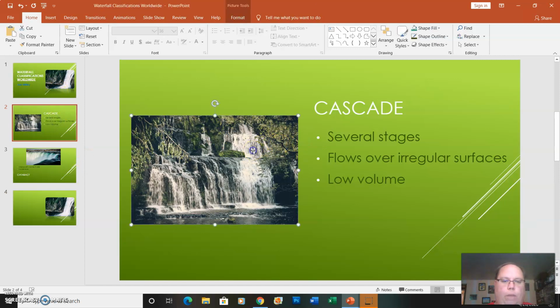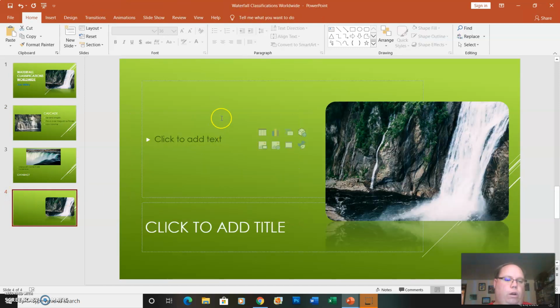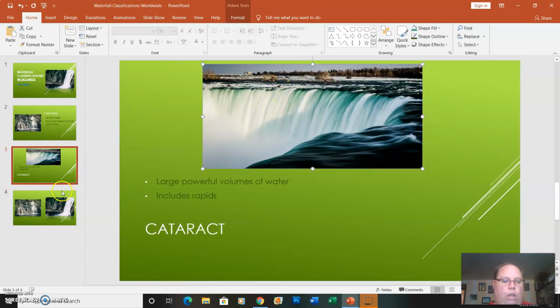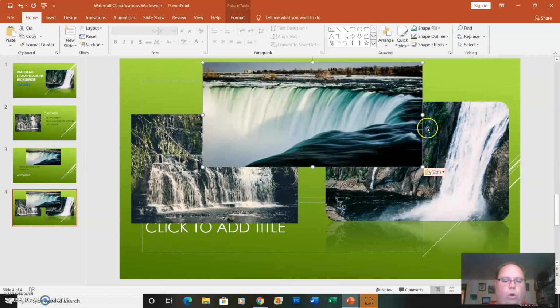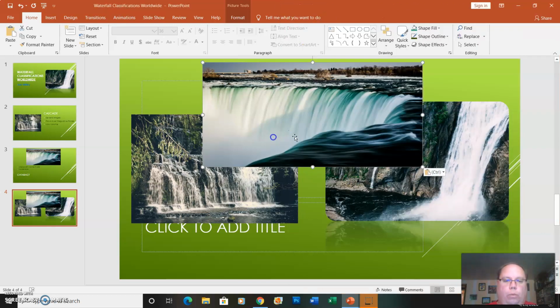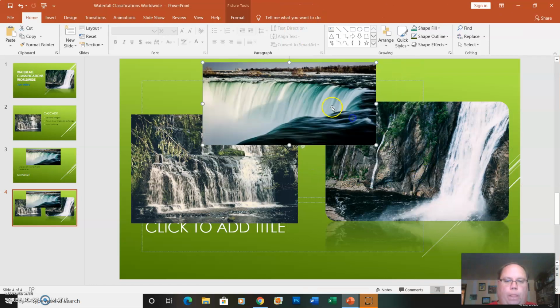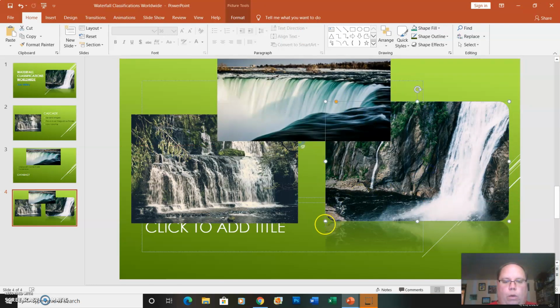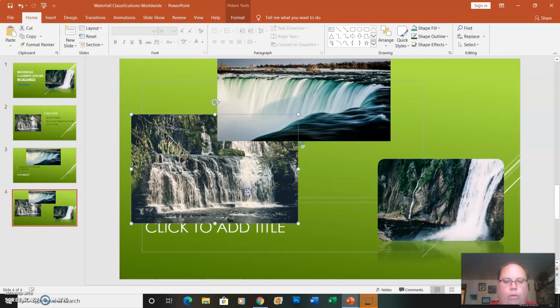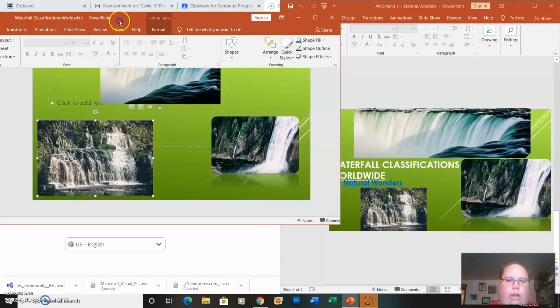And we'll go over here, we'll grab this one, we'll go Control C, come here, Control V, and then we'll go here, Control C, and we'll go here, Control V. Alright, so we've got those 3 pictures there. Now what do we do with them, right? So if we look at our sample here, we've got the cataracts up here, we've got our waterfall there, and then we've got our cascade over here. So we'll just come over here, we'll size this thing up, put it along the top, we'll come over here, we'll size that one up, we'll slide her over here, move this one down, let's move it over,